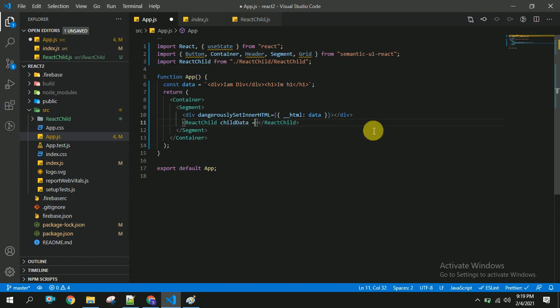Child data equal to "I am from parent." I am coming from parent. So let us save this, and I am going to ReactChild.js.